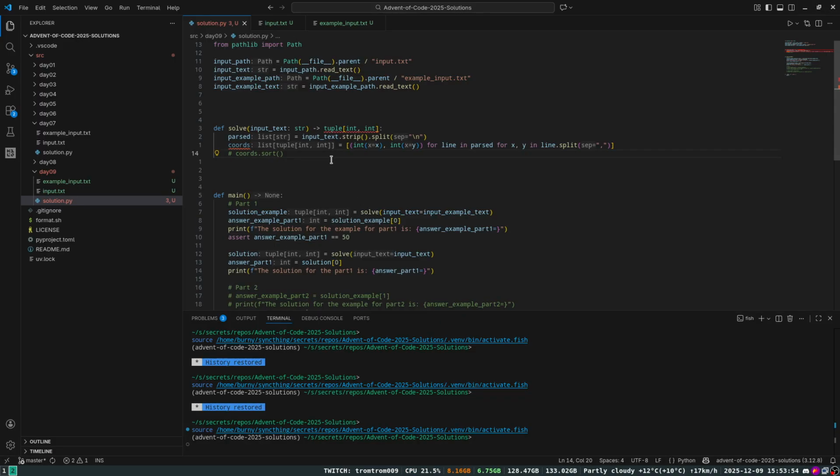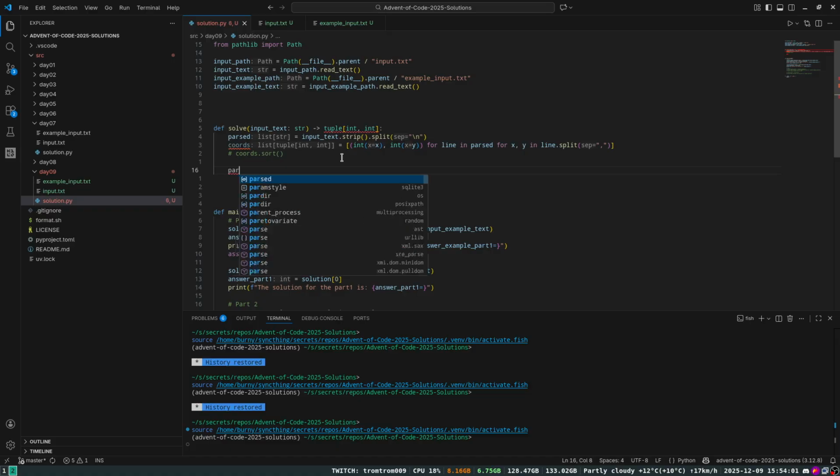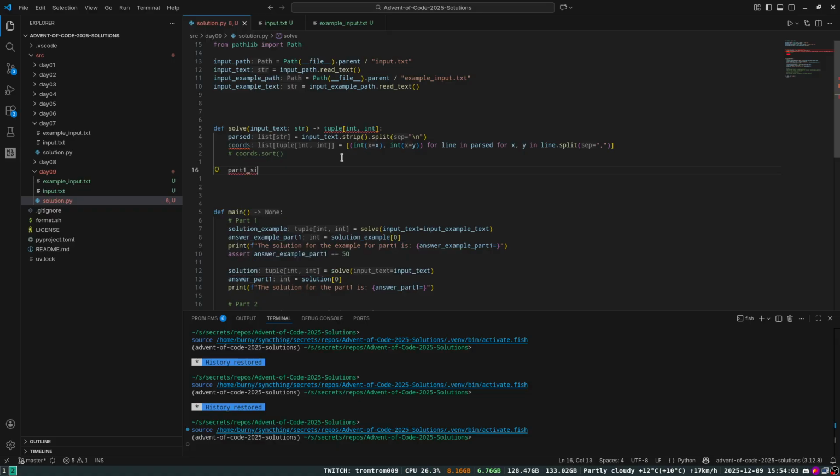I don't need this. Part 1. Sizes is equal to, so this can be a list of int